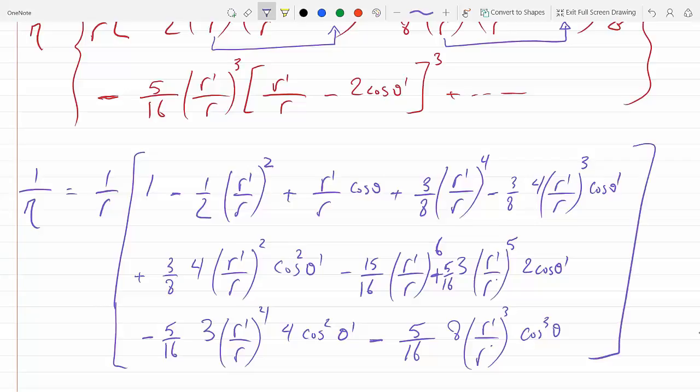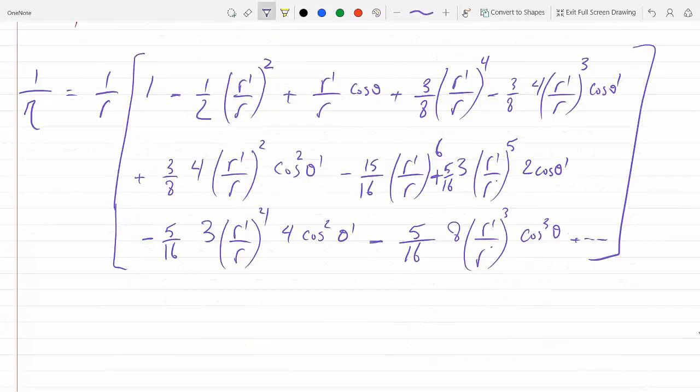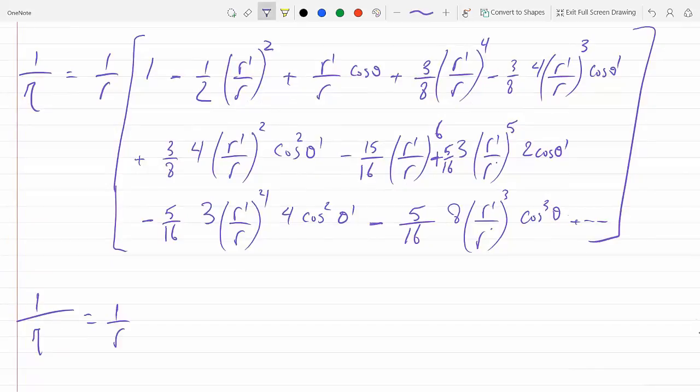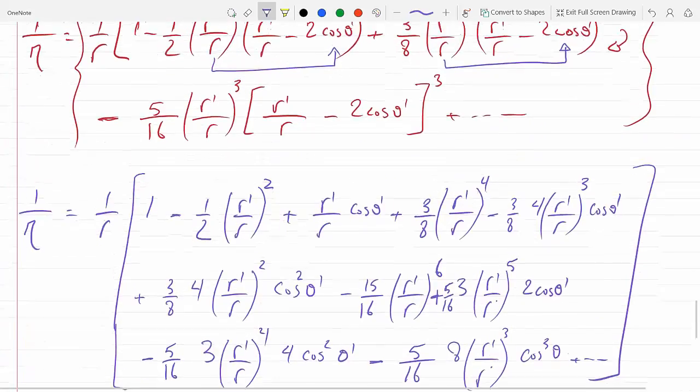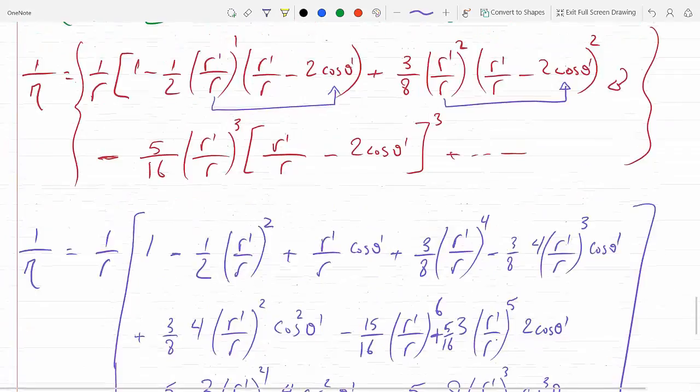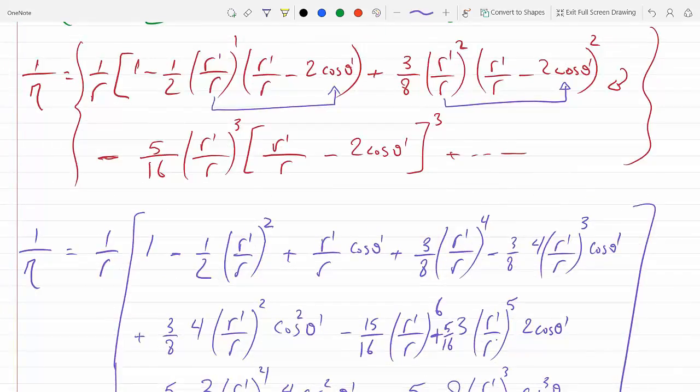Okay, so let's now group the terms, and then plus etc. So we expanded up to the cube. So what do we get here? We get, let's group them. So we have 1 over r. We have, let's see, where do we have cosine theta prime? Just once. Cosine theta prime just once shows up in, wait 1 second. This is when we square this, we got